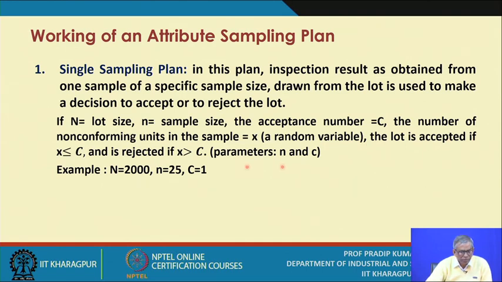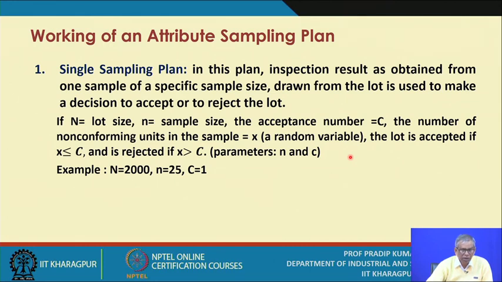Now this lot is accepted if x is less than or equal to c. What is c? c is the acceptance number. This is one of the parameters of a sampling plan. The lot is rejected if the actual number of non-conforming units in the sample is greater than small c. So what are the parameters of such a sampling plan called a single sampling plan? That is n and c,